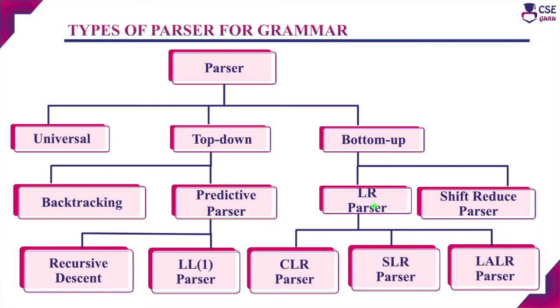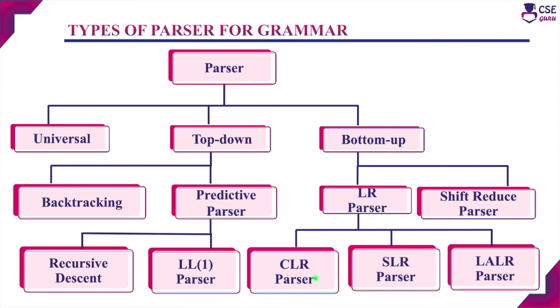The steps to implement LR parser are: first, write the context-free grammar and check for ambiguity. Then write the augmented grammar for the given grammar, and then write the canonical items for the LR parser, and then check the production and create the parsing table. Then implement with the stack and draw the parse tree. This is the procedure to implement the LR parsers.